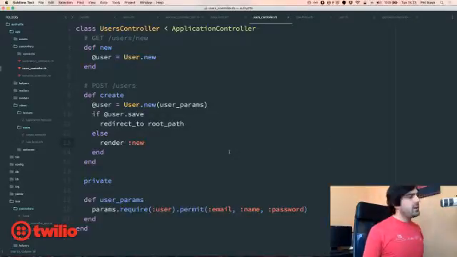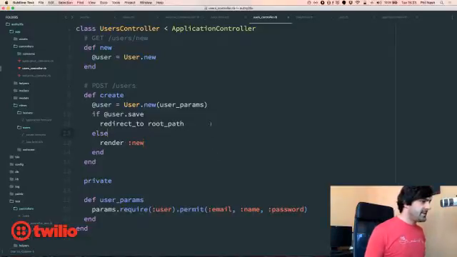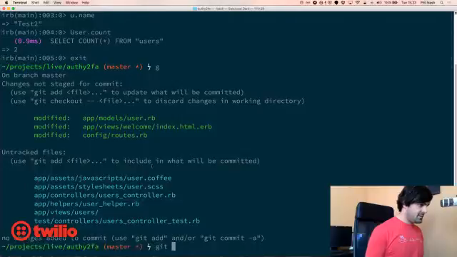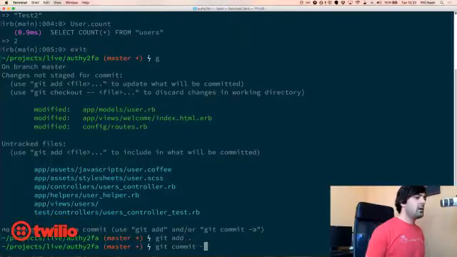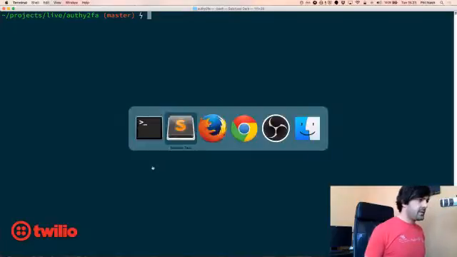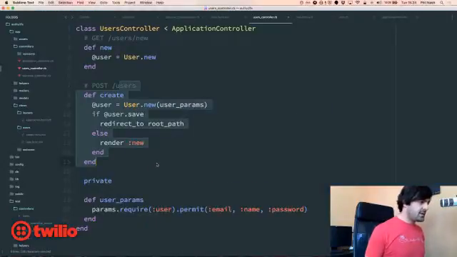Okay, that's cool. What we should probably do is, rather than redirecting the user to a root path, no, we need to create sessions for that. So we've got creating a user and getting a user form and creating a user. That's good for this commit. Just going to add that. So that adds the users controller. Cool. So let's now create ourselves a sessions controller,